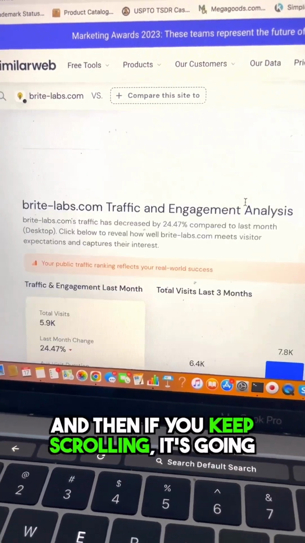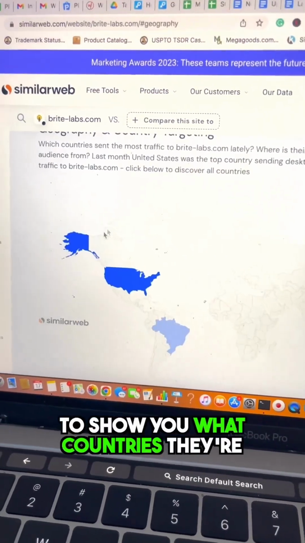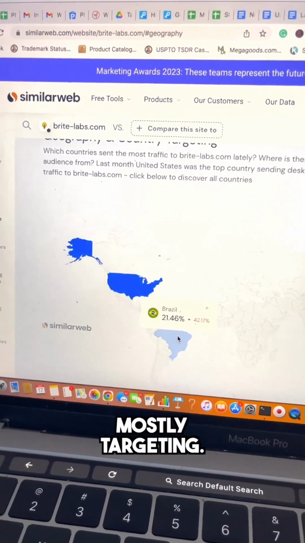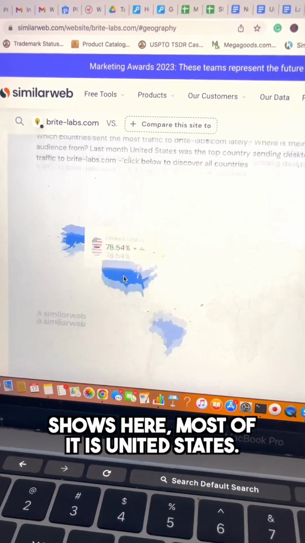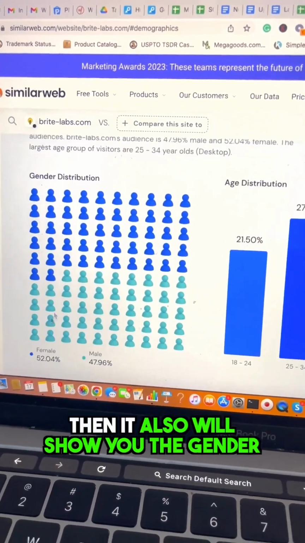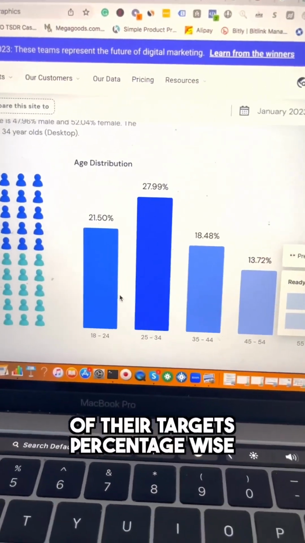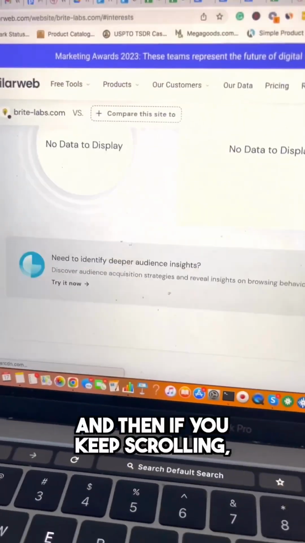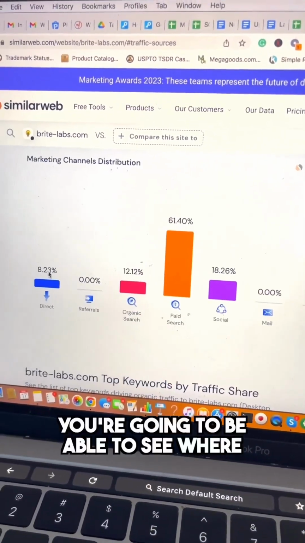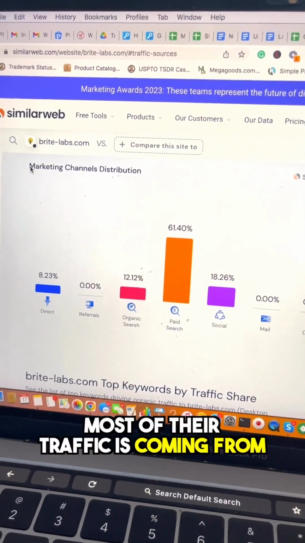And then if you keep scrolling, it's going to show you what countries they're mostly targeting. Shows here most of it's United States. And then it also will show you the gender of their targets, percentage-wise with age. And then if you keep scrolling, you're going to be able to see where most of their traffic is coming